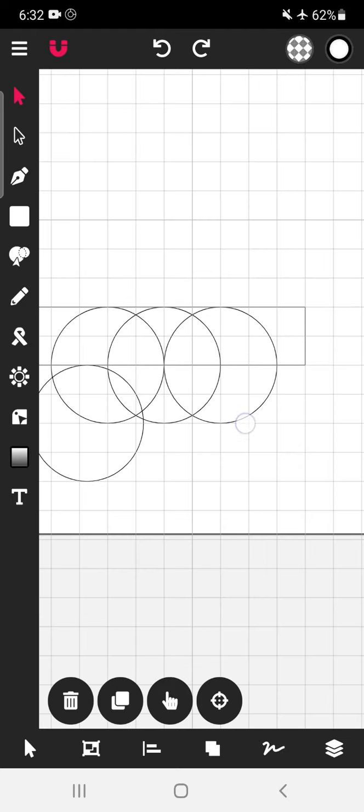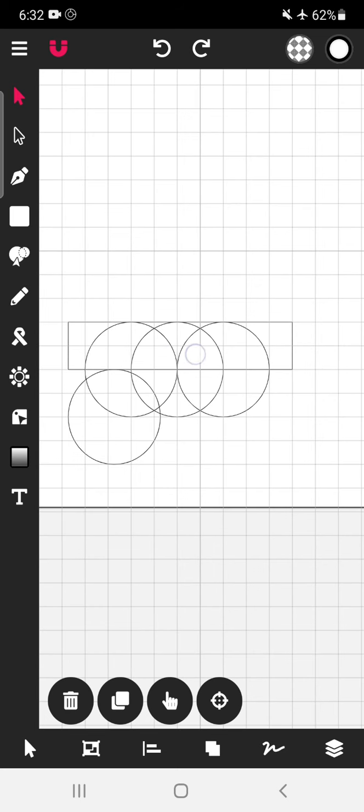Now let us make a tail of the bird. So we can see the body will be this area, this will be beak, and we will make tail of the bird.